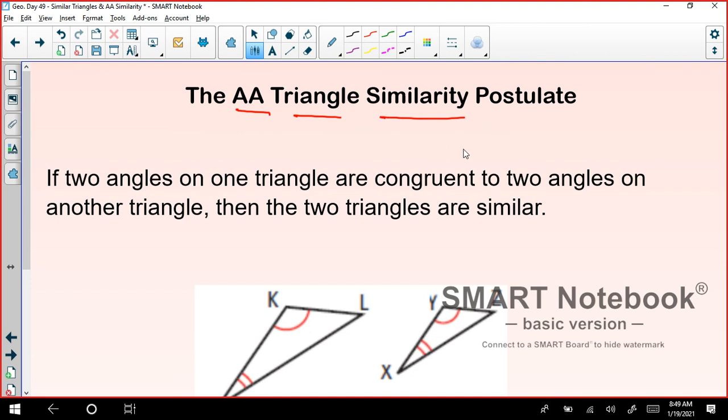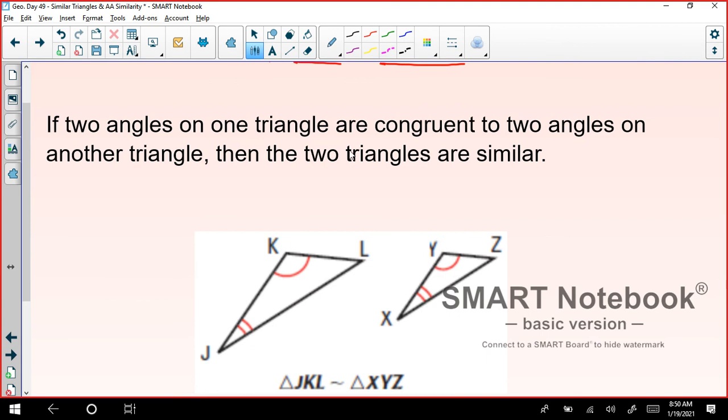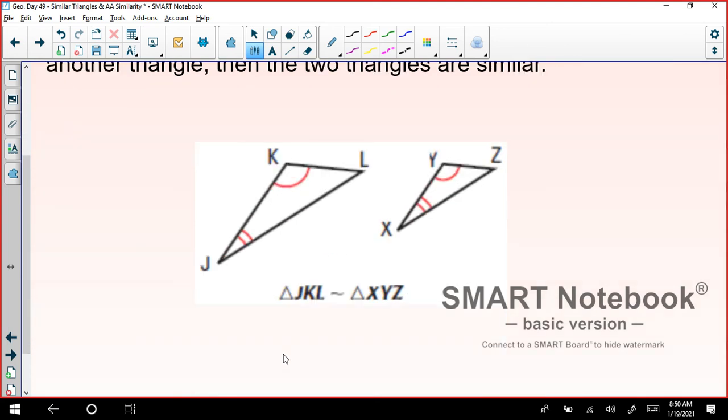What does it say? It says that if two angles of one triangle are congruent to two angles of another triangle, then the two triangles are similar. Whenever this happens, we can automatically say that the triangles are going to be similar. What does the similarity mean? It means that your angle L will be congruent to angle Z. We can derive from this, and we can also say that JK over